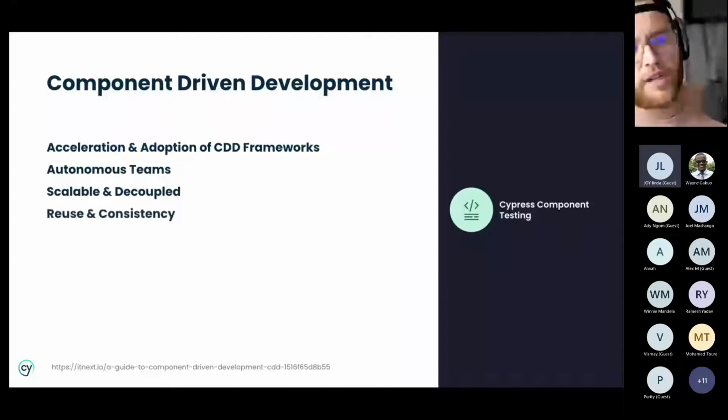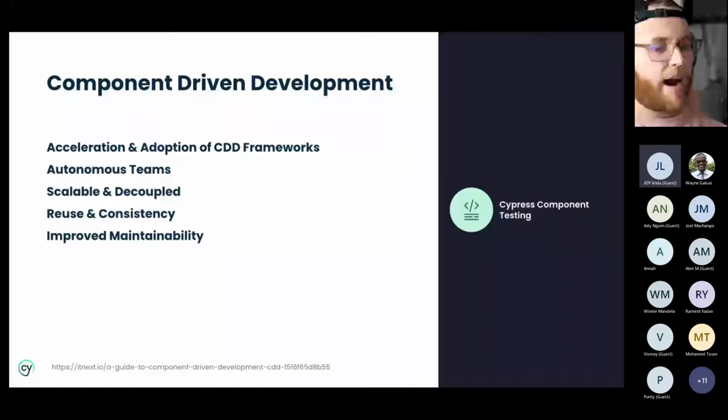And again, reuse and consistency. Instead of having to copy and paste parts of our application over and over again, we are able to reuse it and get consistency across the board that we like. And then improved maintainability. Obviously, as developers, one of the things I hate doing the most is, once I build something, I want to move on to the next new thing. So making something maintainable, something you don't have to keep doing little PRs and bug fixes over, the less of that you can do as a developer, the more you can move forward with building the things